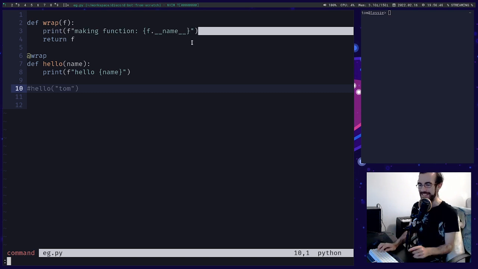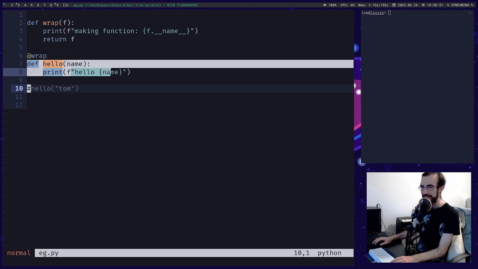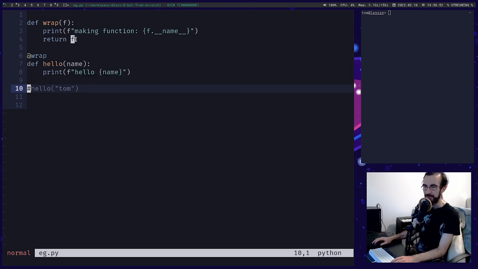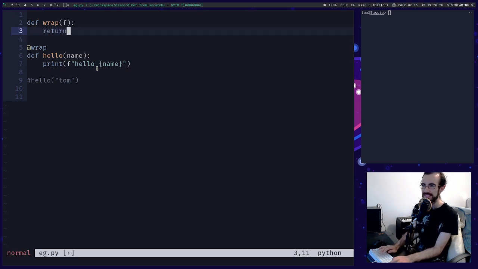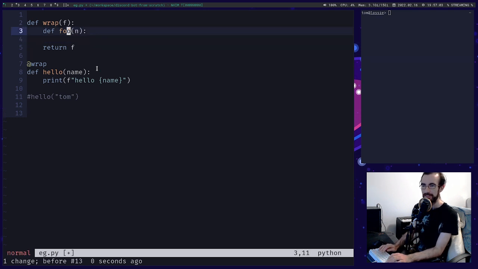And the answer is yes, okay? And we will see why. Because this gets called when this function gets created, right? And whatever we return becomes the function hello. And so we can go a step further. We can say, instead of just returning something, we can go def foo n. Actually, let's not define an n, and let's say